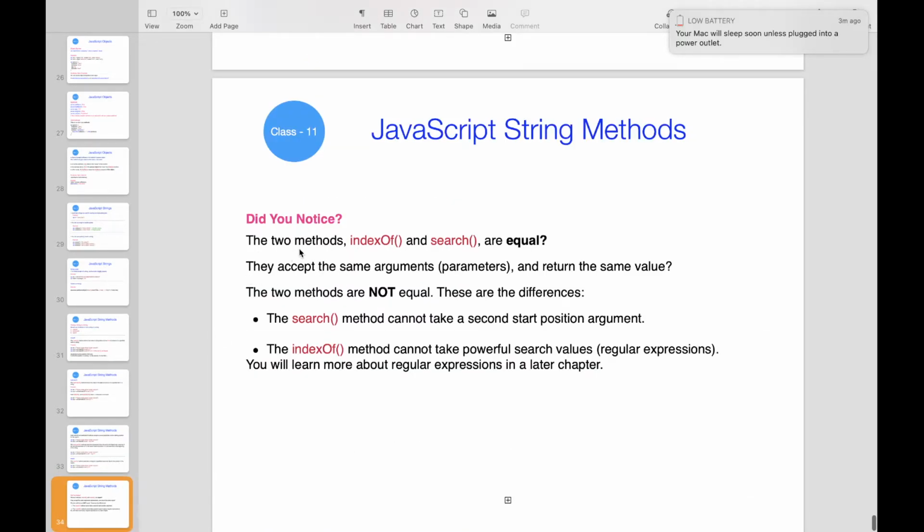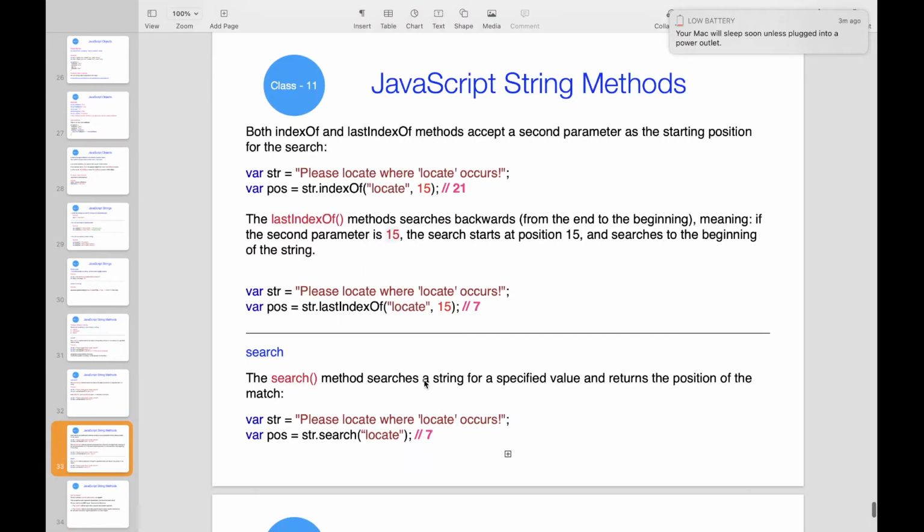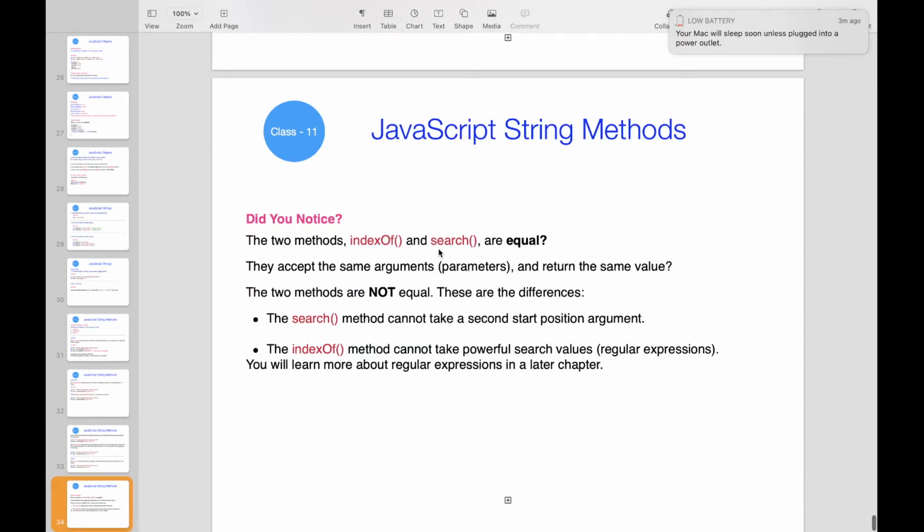Most of the people will get confused about the difference between indexOf and search. Are they both equal or not? Both are not equal, because indexOf will accept a second parameter, this one, 15, the position after which to search, but search will not accept that second parameter. And in search we can use regular expressions.